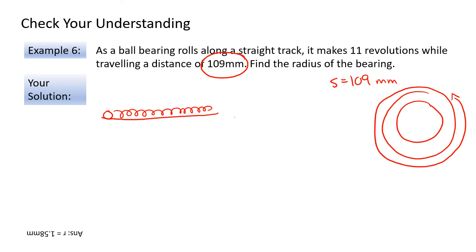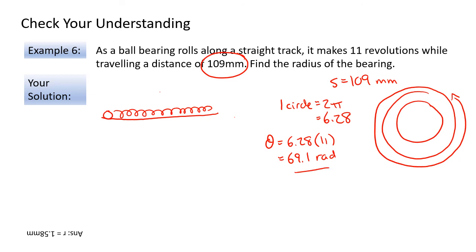For every complete circle, your total number of radians was equal to 2 pi, or 6.28 radians. So if you make 11 revolutions, your value for theta should be 2 pi, or 6.28, multiplied by 11 revolutions, because it has traveled a distance equal to 11 times the circumference of the ball bearing. If you calculate that out, you get 69.1